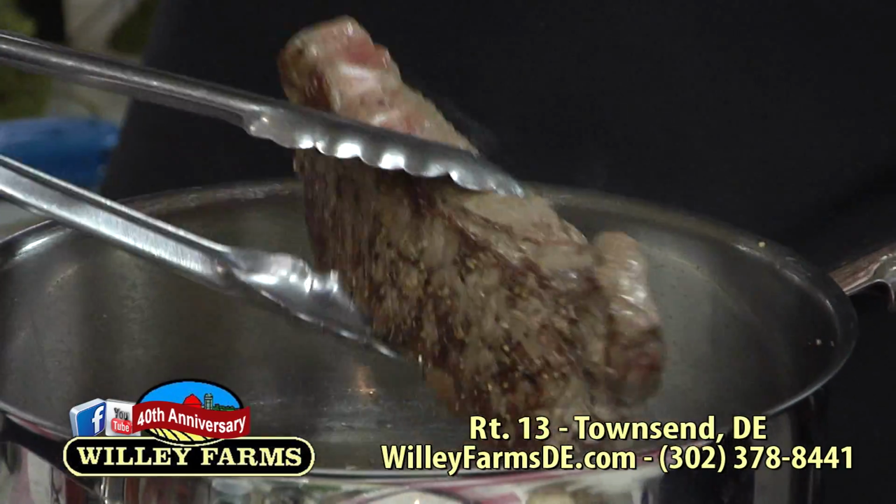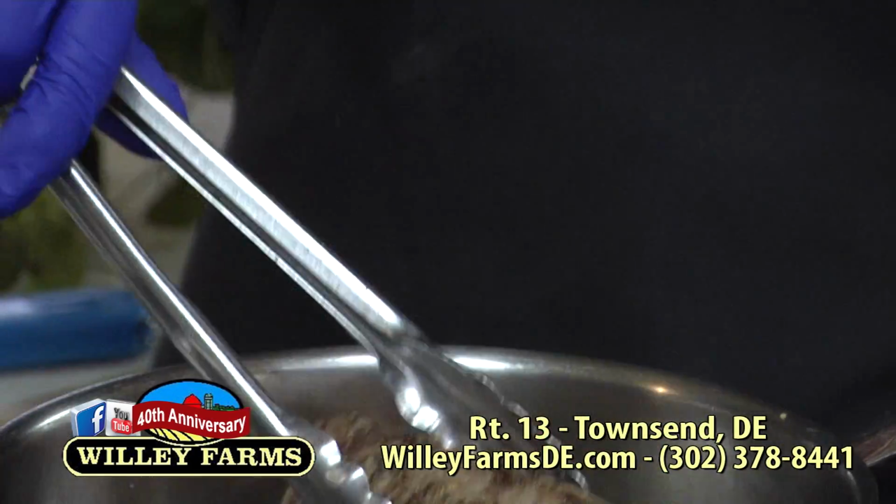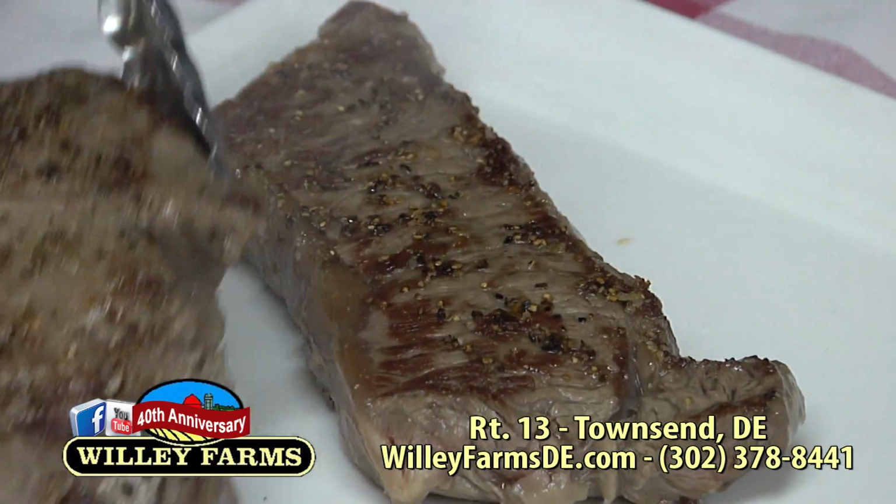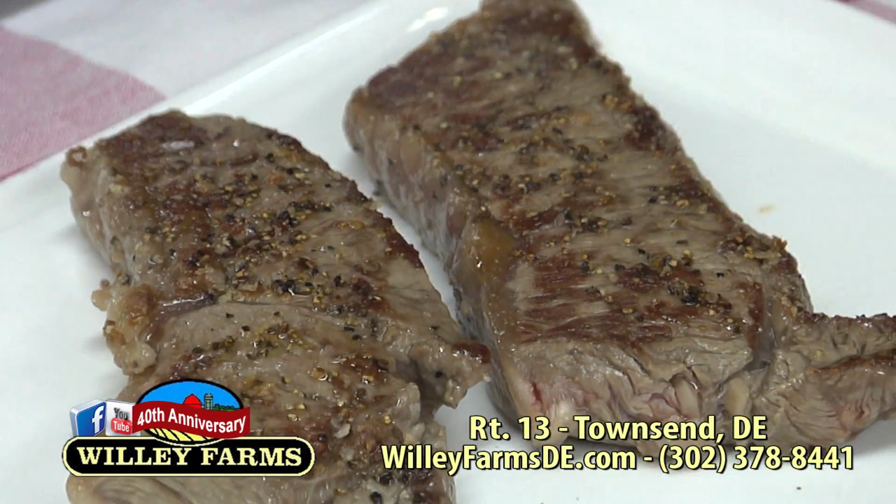So now we've got some nice color on the other side of the steaks. We're going to remove those to the serving plate, and we're going to start to work our sauce. So what we have left in the pan...